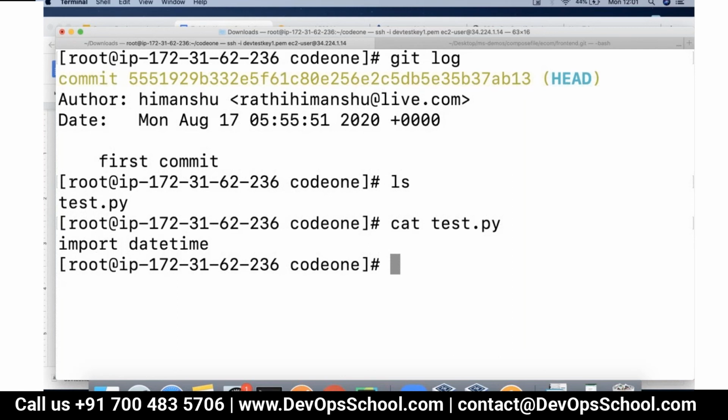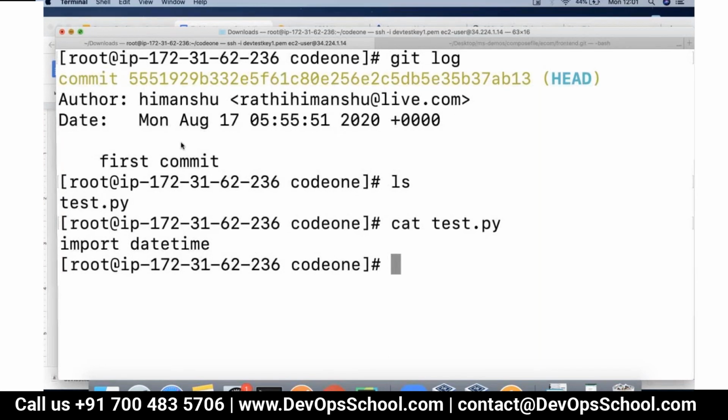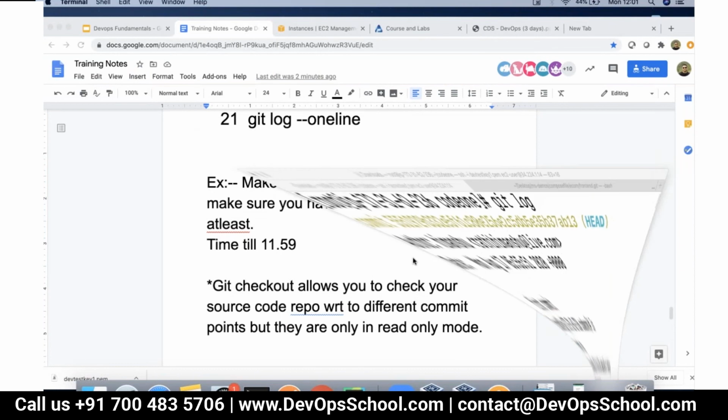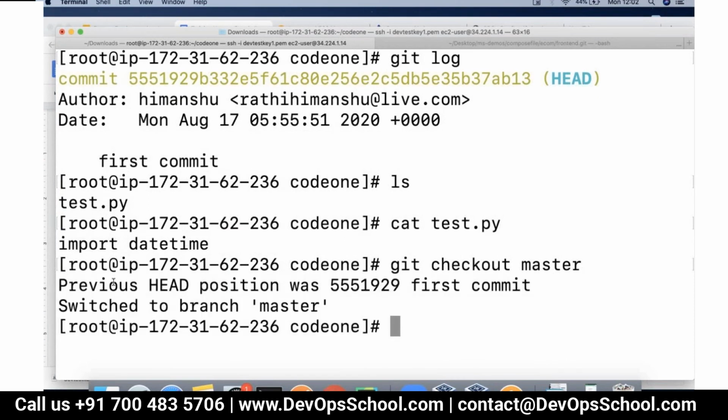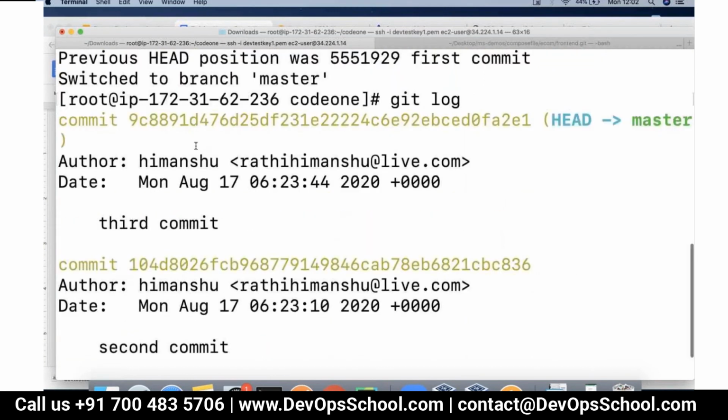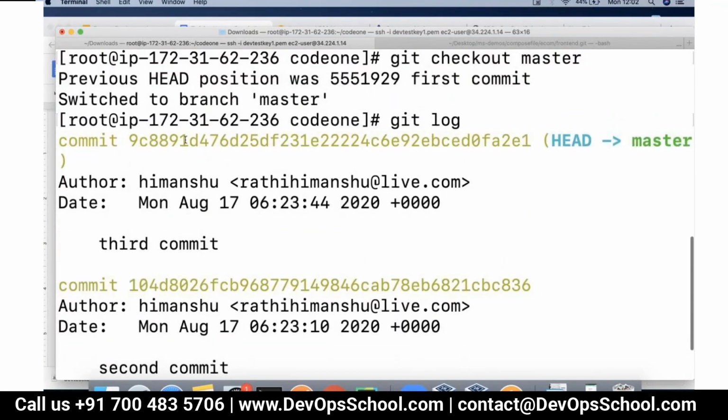Now, this is how you can use the git checkout command. But if I try to add anything, it won't make a difference. Your actual main line will not contain or carry any changes, so you should not really do it. Know that git checkout is only read-only. And how can I go back to my current version? I can do git checkout master. When you do git checkout with the branch name, your HEAD will automatically move to the latest commit. Now, if I do git log, it automatically shows me all the commits which I had because I'm back at the latest commit now.